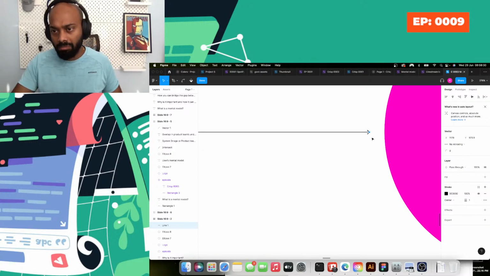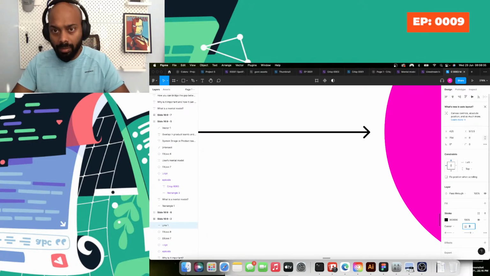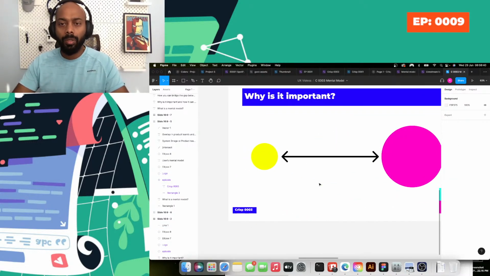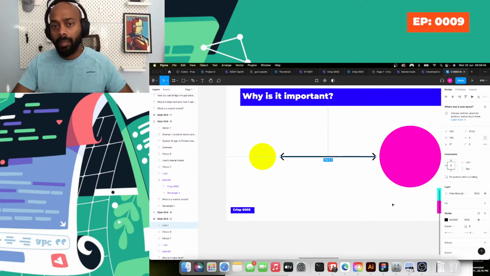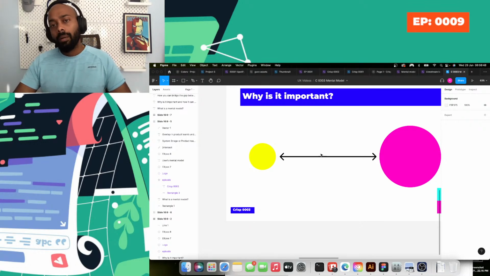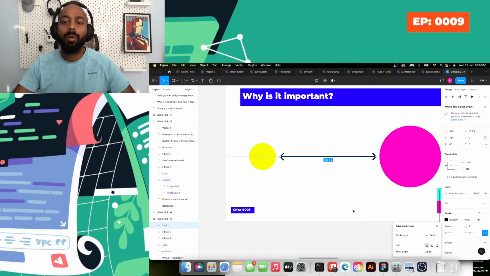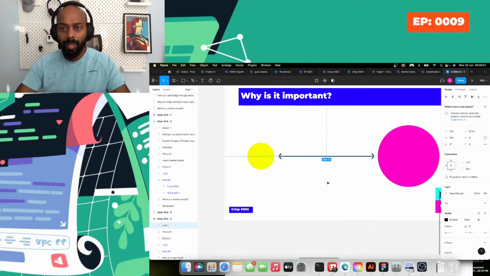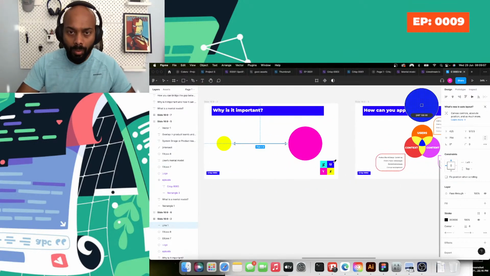Is there a way? Hmm, I don't know. Okay, for now I'll just increase the size or thickness of this. It is interesting, right? I want to increase the size of this arrowhead, but I can do it only in relation to the stroke's thickness. Alright, so let me see, okay, there is no other option. So I think I'll put this to 6 and maybe use a different color. I think I'll use the same blue. Okay,